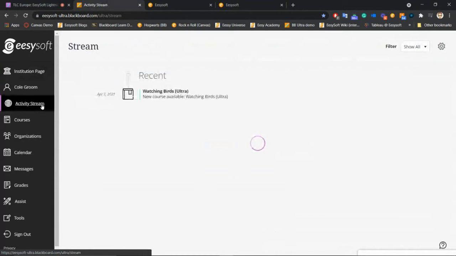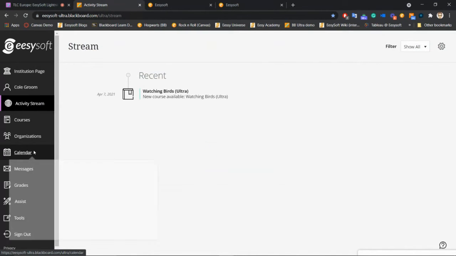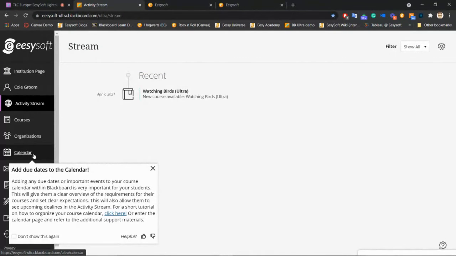But like I said, these messages can be placed anywhere inside of Blackboard. So here you'll see this hint message pointing us directly to the calendar button. So if any of you are looking at turning on Ultra Base navigation or Ultra courses for the upcoming fall term, EesySoft can really help you through this change management process, using these messages to really highlight and create awareness around some of these key new features that are a part of the Ultra experience, and pushing people towards some of those most important features which are added to the new experience and helping them to adopt many of these